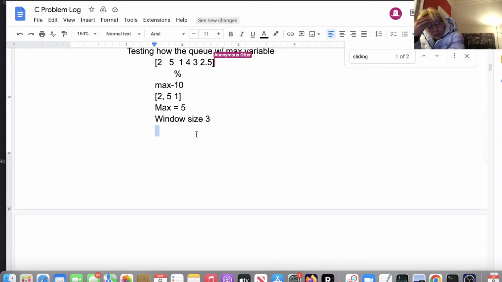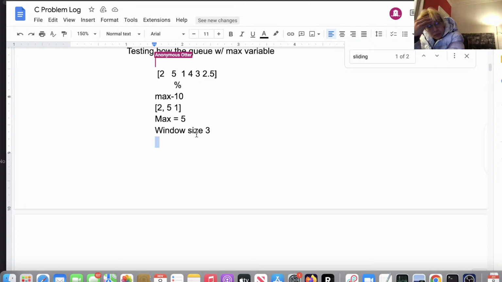So at any point, let's say my window size is 5, right? 3, 4, 5. At any point, you should be able to get the max very rapidly, right? So for this example, it would be 5. 1, 2, 3, okay, all the way up to here, right? Okay. So then what if I move over all the way to the end, right?